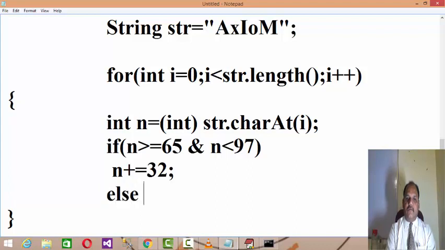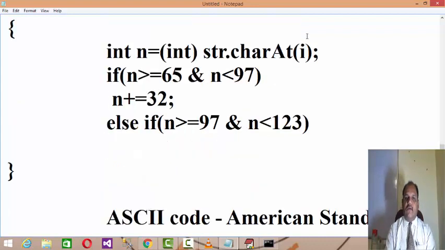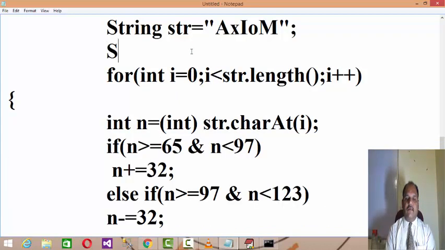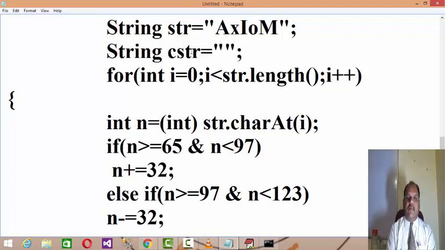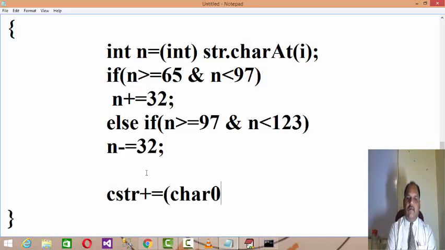And else if n is more than equal to 97 and n less than 123, it means it's a clear case of a lower alphabet, so I need to subtract 32 from it. And then I take a resultant string, let's say string cstr equals to blank, and at the end of a condition cstr plus equals to, again character, because that updated ASCII value needs to be converted into the character,